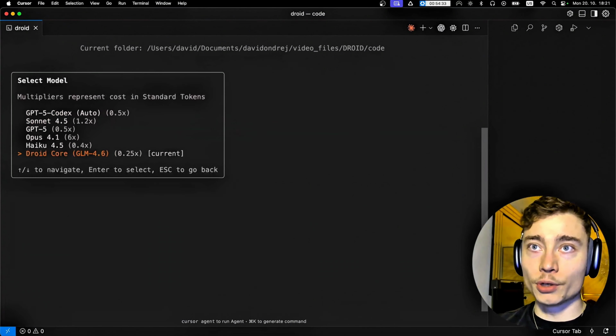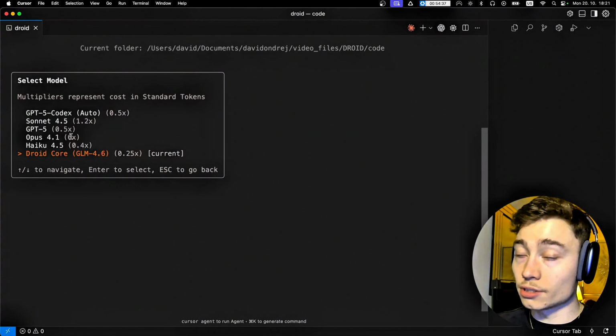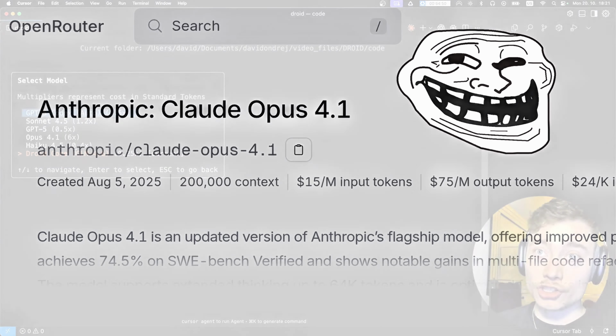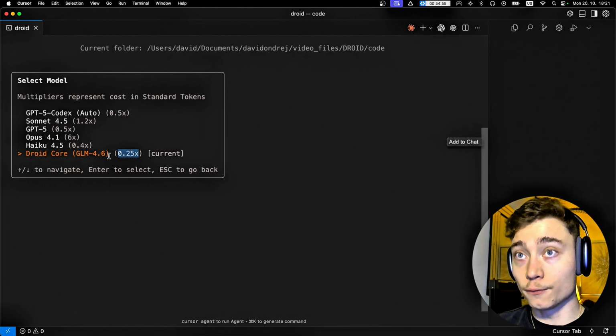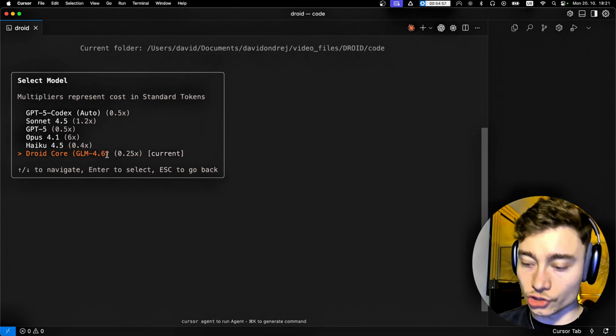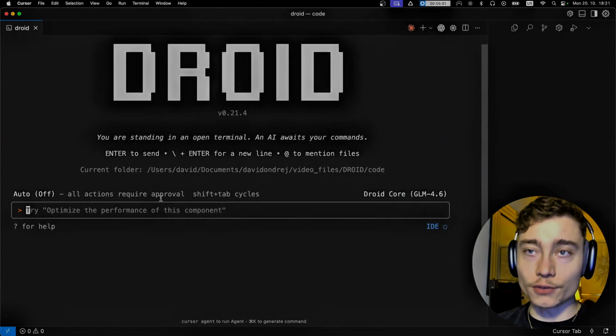And another thing to point out is that you can see how many credits each model consumes next to it. So Opus is just extremely expensive. It's crazy. But GLM 4.6 is the best open source model currently, and it's very affordable. I mean, lowest multiplier here. So we're going to use that. The next